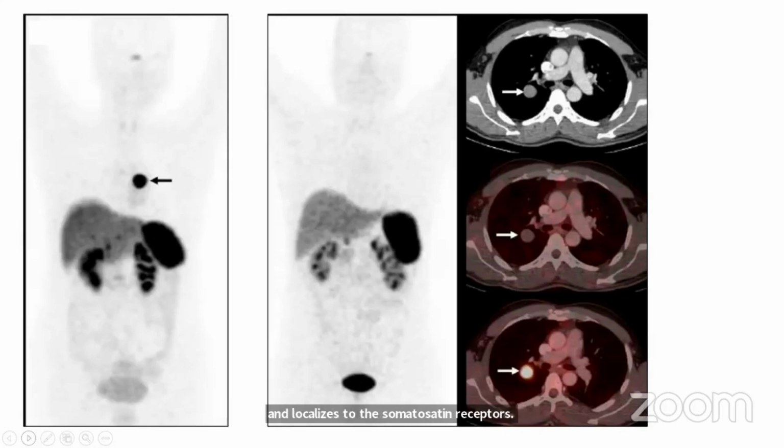As you can see in this image, basically we have a physiological localization of tracer in the liver, the spleen, the excretion of tracer to the kidneys, and a faint localization in the pituitary gland. What we can see is a prominent focal uptake marked by the arrow in the region of the thorax, which corresponds to the primary lung carcinoid. So this is the intensity of uptake, and when we calibrate this intensity against the uptake at the physiological sites like liver and spleen, we can easily say that the uptake is equal to the spleen. So whenever the uptake in a lesion is more than the liver and spleen, we call it a positive scan. And as we see here,